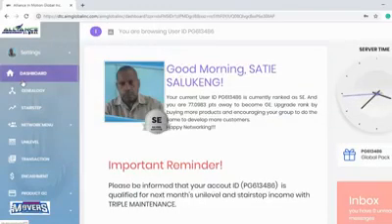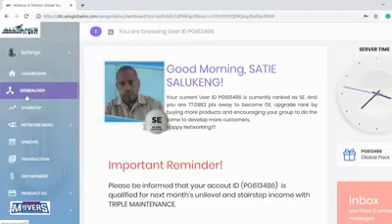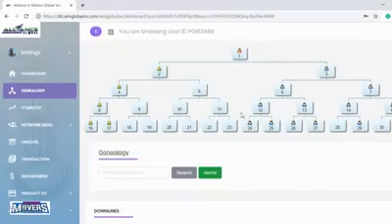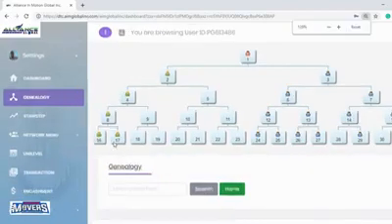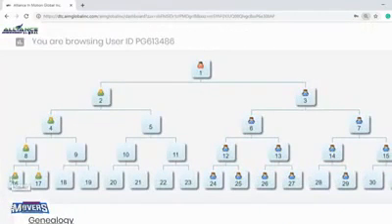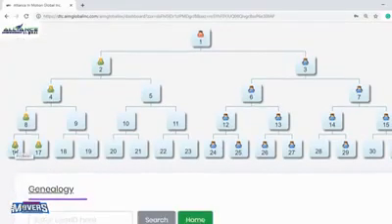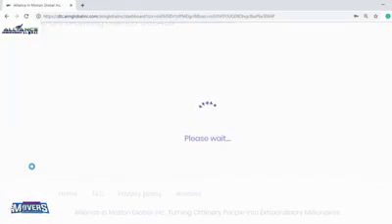So let's proceed. We are currently in the dashboard. Let's go to the genealogy, right? You just need to click the button. So here we go to this page, and you'll see where your accounts and your downlines are located. Okay, for you to see those other accounts who are under you, you just need to click. For example, on this slot 16, I hope that you can see this. Let me zoom in. Okay, this is slot 16. If you would like to know who are those people under this slot 16, you just need to click that slot 16.